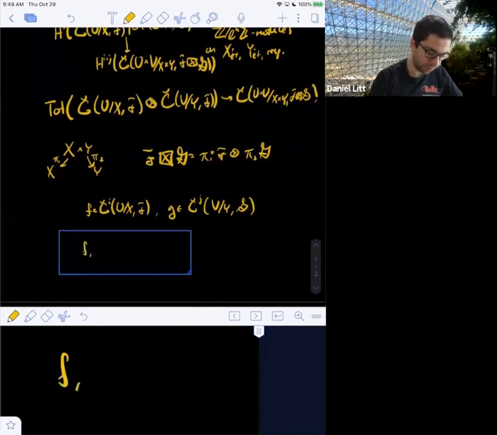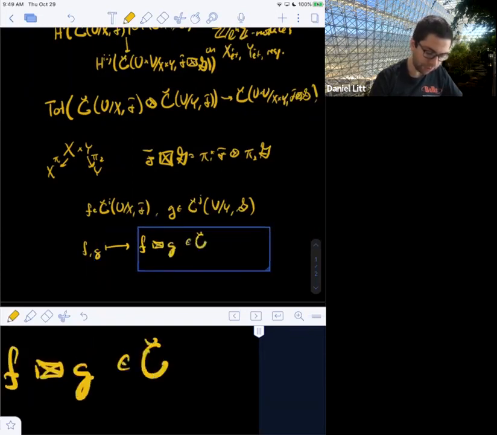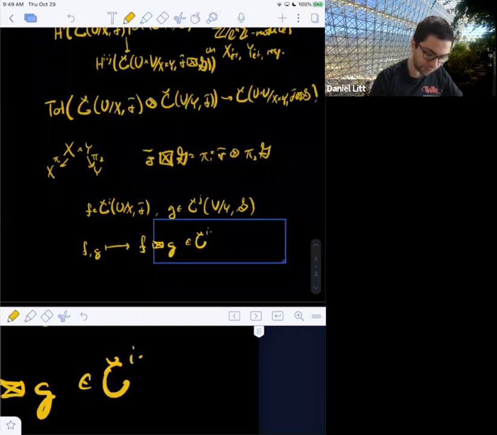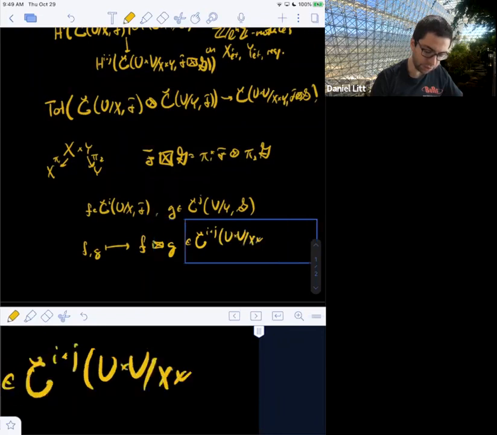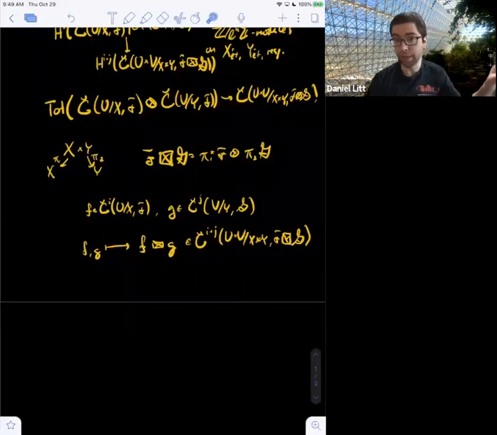We get fg maps to what I'll call just f box tensor g in C^(i+j) of U cross V over X cross Y, F box tensor G. And what is this thing? You just do the obvious thing. Here you have an n-tuple fiber product of U cross V over X cross Y that maps to the n-tuple fiber product of U over X and V over Y, and you just pull back these sections and tensor them together. Okay, so this is a very concrete